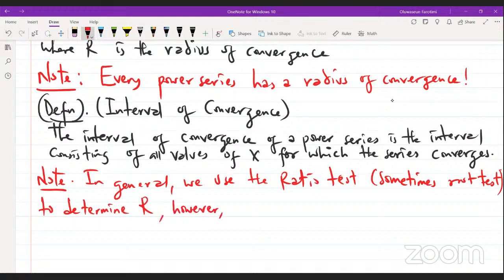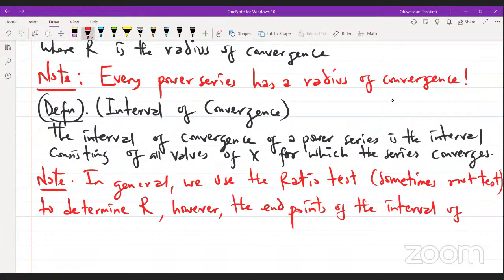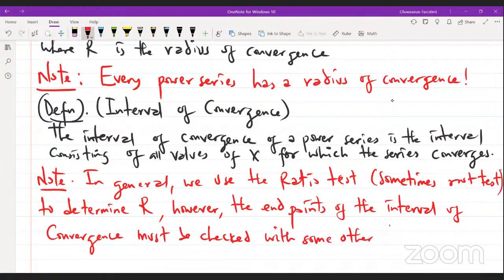However, the endpoints of the interval, the endpoints of the interval of convergence must be checked with some other tests. Now, in the previous examples, we were testing the endpoints, and while we tested the endpoint,